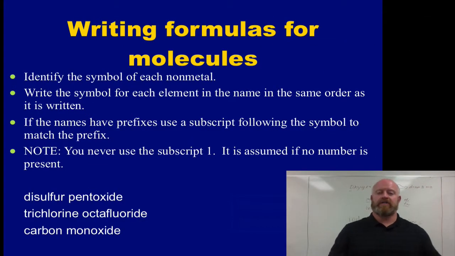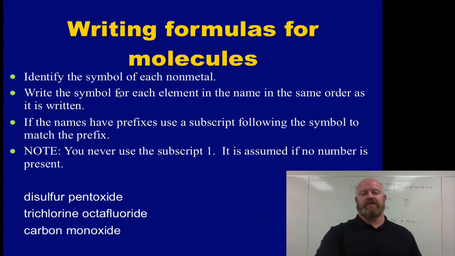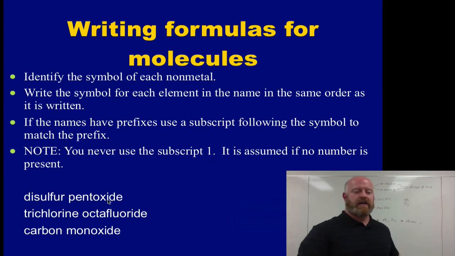The second part of this is writing the formulas when you're given the names. So it's the same process, we just run it in reverse. Again, we identify the symbol, write the symbol in the same order as the name was written. Whatever prefixes are there, you write those down as subscripts. One thing to know, you never use a subscript 1. It's assumed that there's no number present. So for disulfur pentoxide,